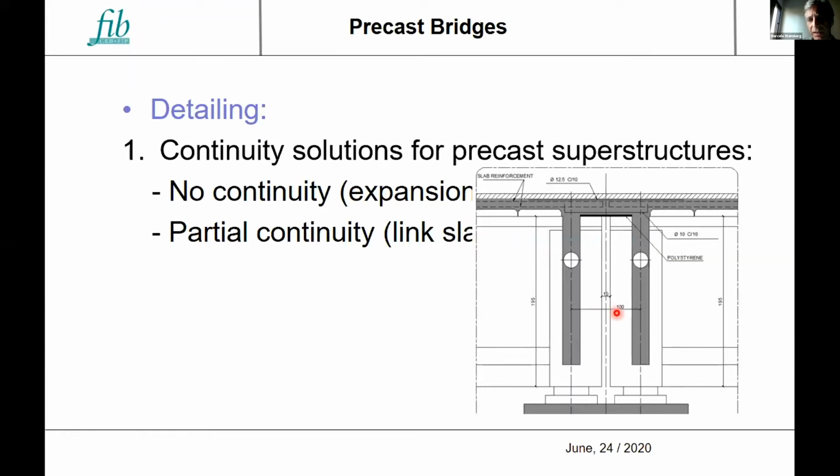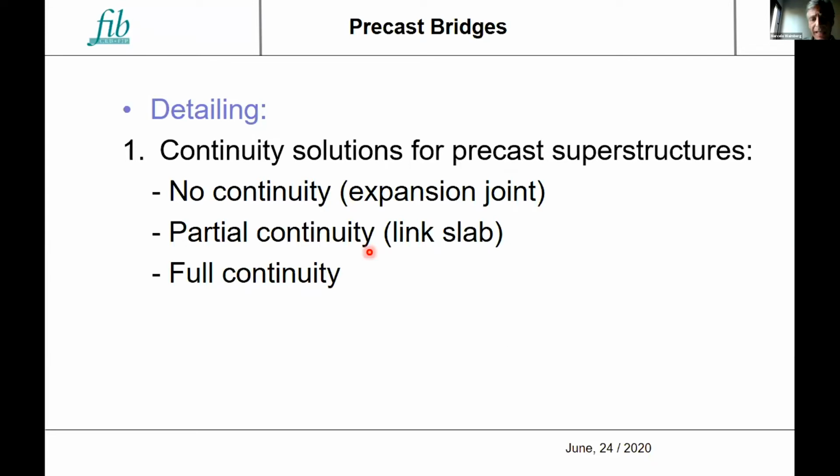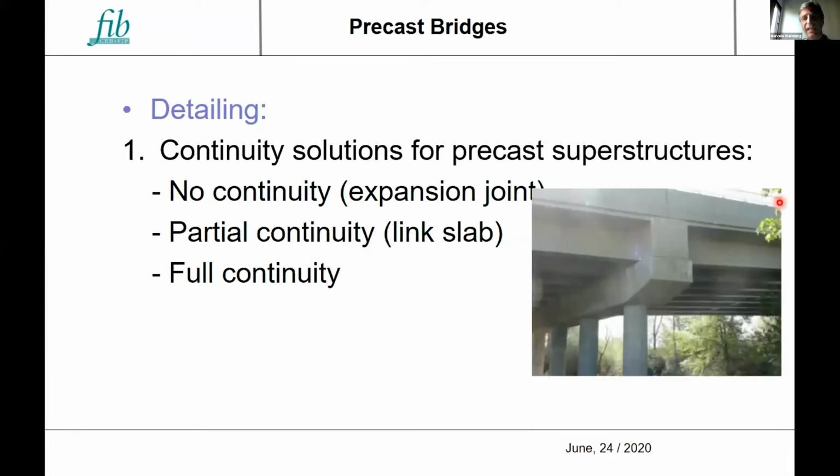You have here a joint between adjacent girders on the same pier, but you have a linking slab connecting those adjacent spans. There are several good reasons for using them, but it does not provide real continuity to your structure. And you can have full continuity, like in this example here.